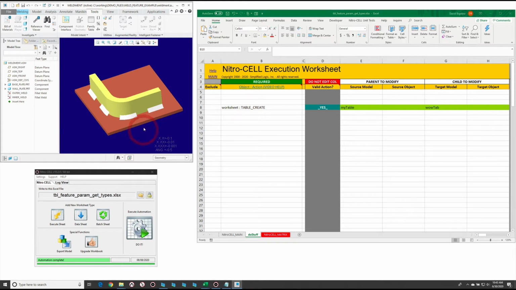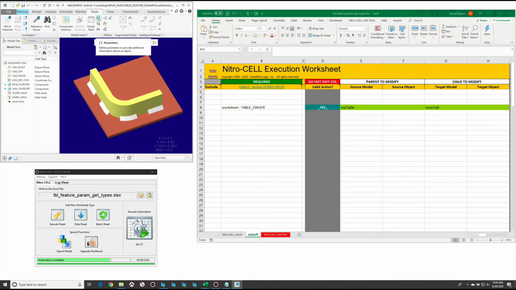Okay, so let's talk about feature parameters and how to extract them to tables using NitroCell. To do this, I'm going to use this assembly example for a couple of reasons. Because weld features typically have a lot of parameters associated with them that are often set by the software, meaning Creo, or could be set manually by modifying them in some way. So it's a bit of a hodgepodge, and it depends on which feature you're using as to what flexibilities you